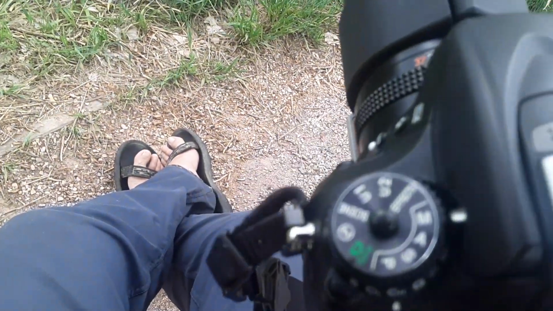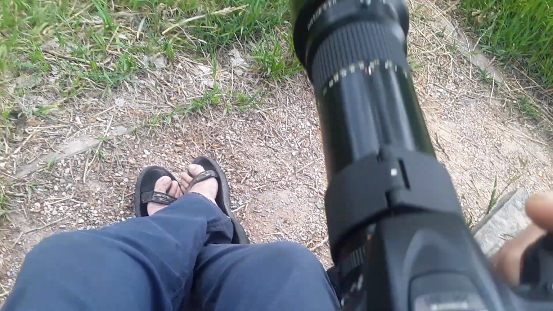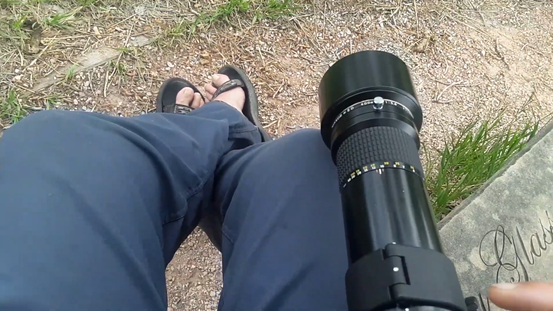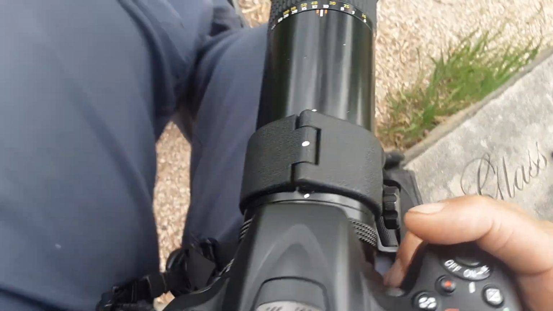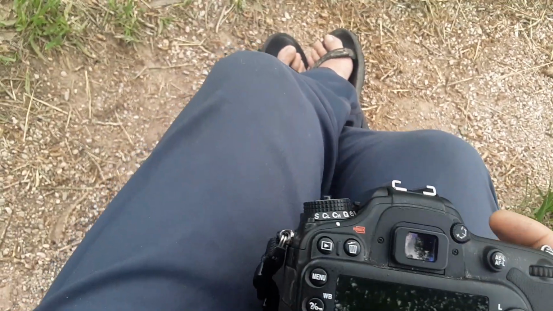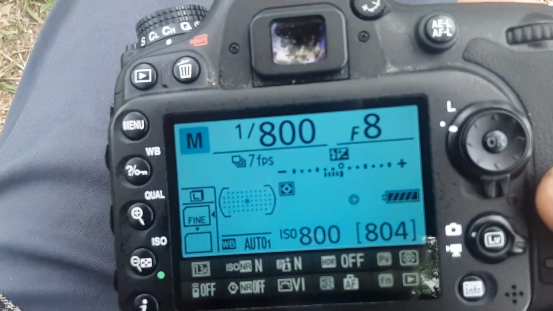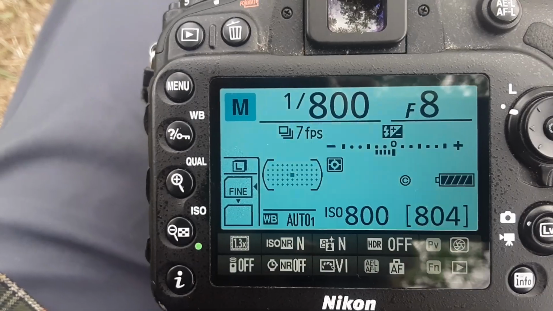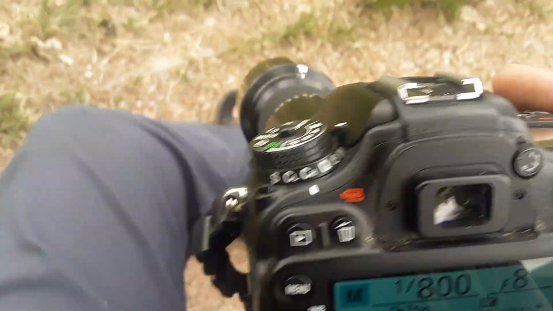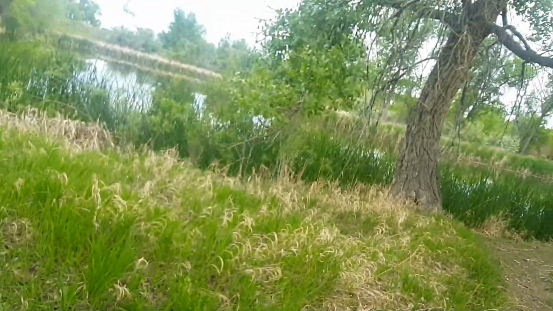Okay, so I've got my camera set to manual there, and basically I'm just going to guess to start out with. I'm going to use my standard exposure, 800th of a second at f8, ISO 800. And I'll usually start there just to see what that looks like. I'm going to take a picture of this tree in front of me,